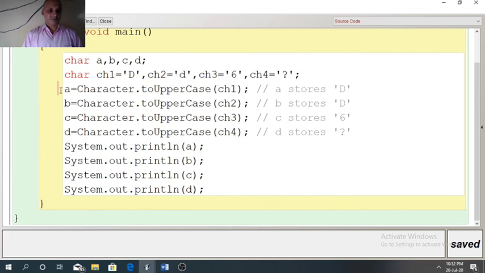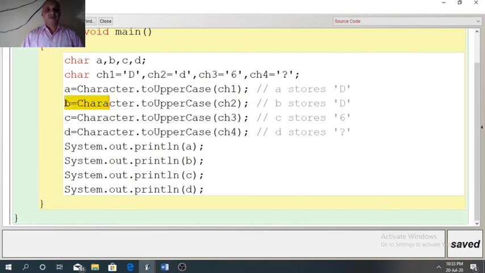Now A, character dot to uppercase ch1. Since ch1 is capital D here, which is already in uppercase letter, so uppercase letter cannot be converted to uppercase letter, so it will remain as it is, same, that is D itself.